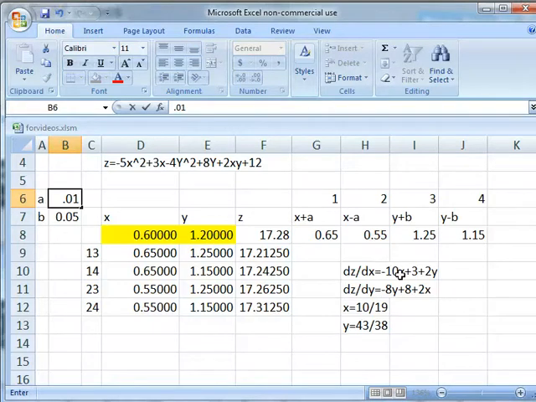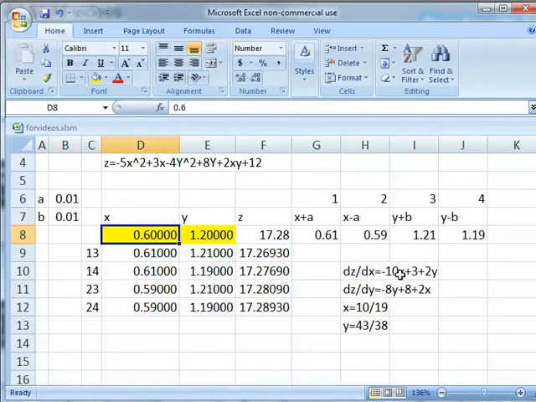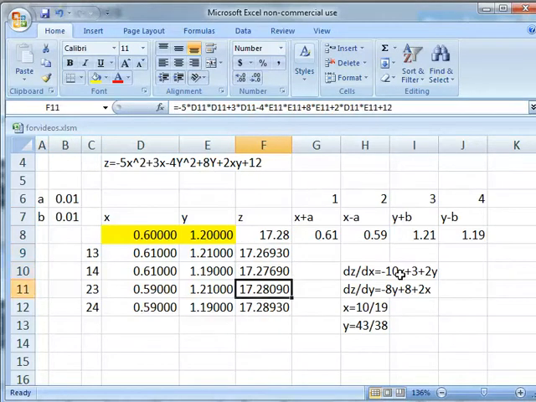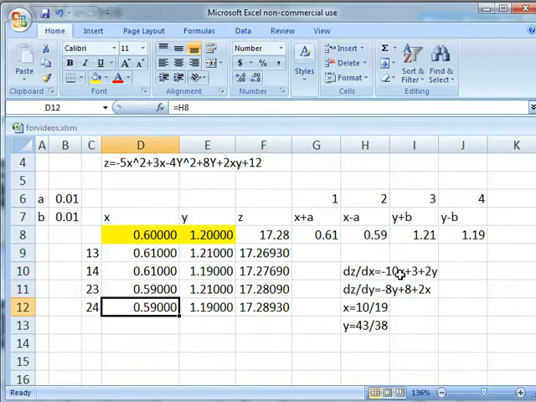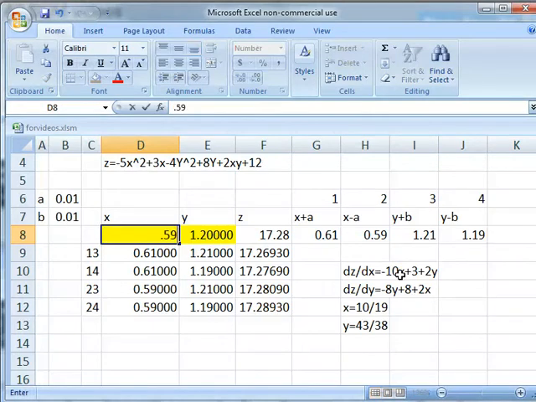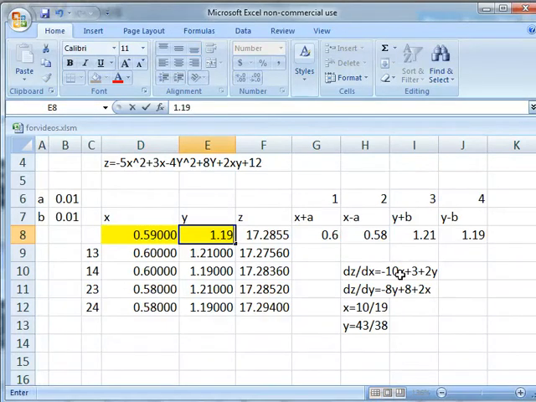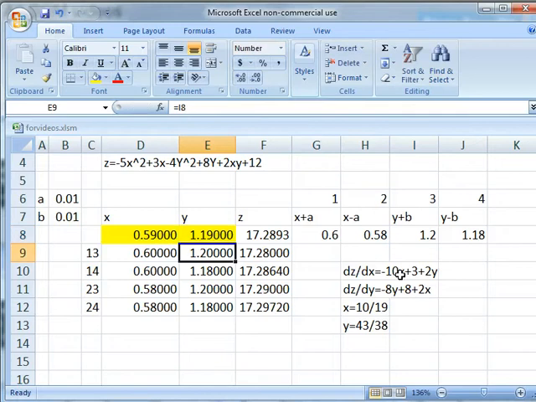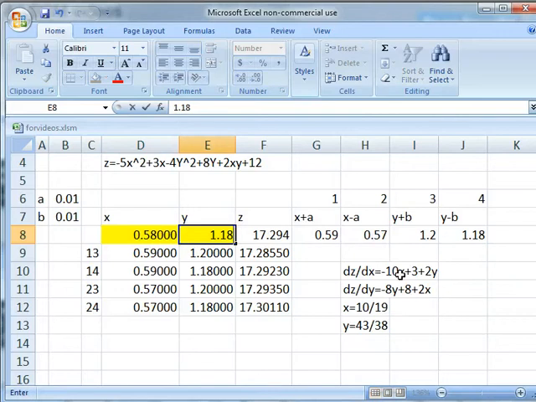maybe like that. And now it's clear that we're better off now with 0.59, 1.29. This is a direction that we have not explored before. So we're going 0.59 and 1.19. And it suggested we keep going in that direction, 0.58, 1.18,